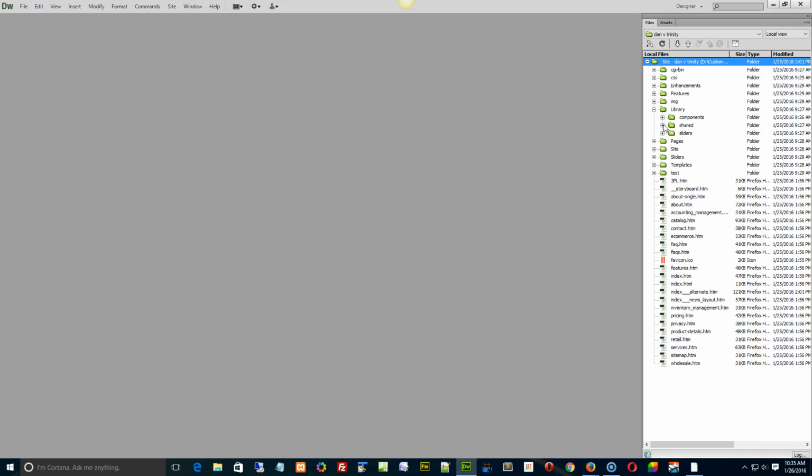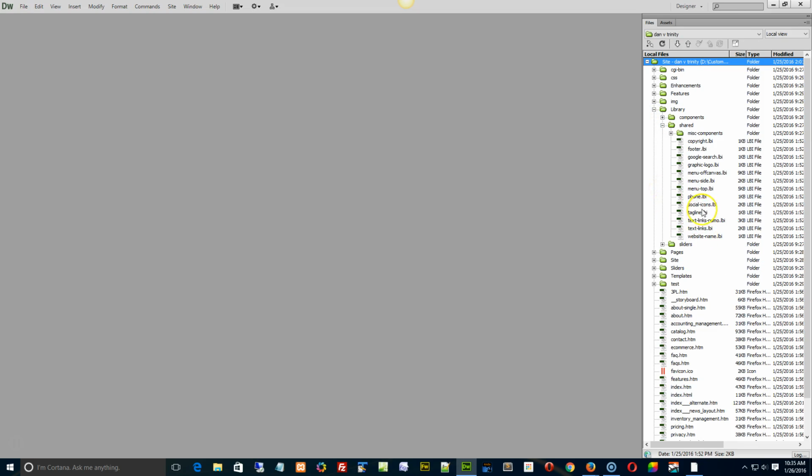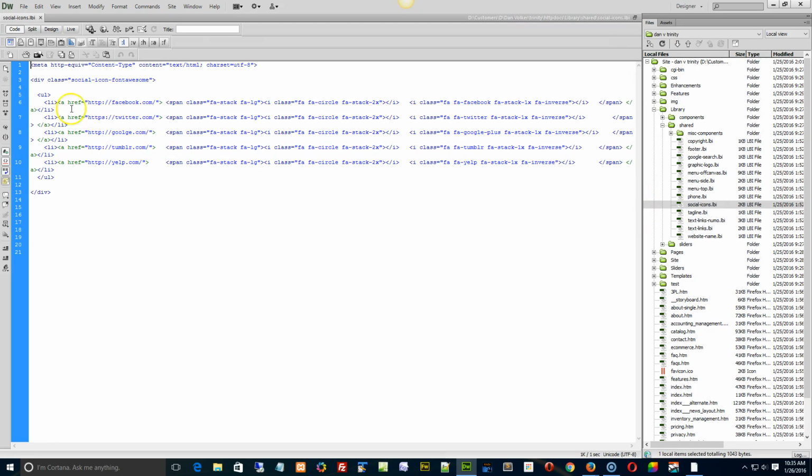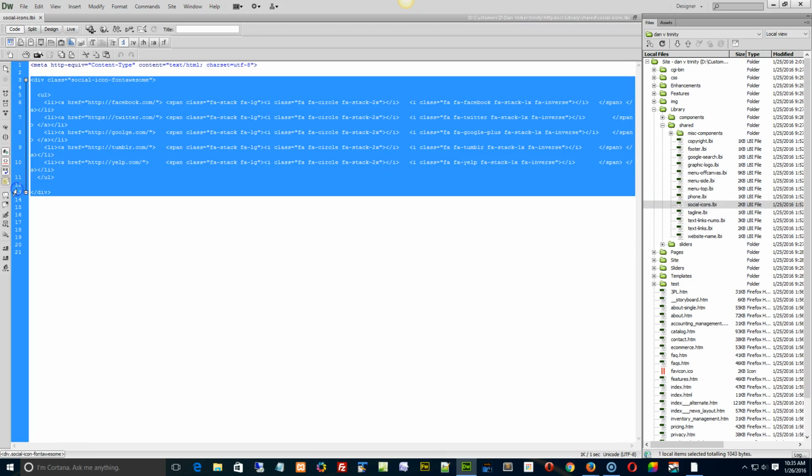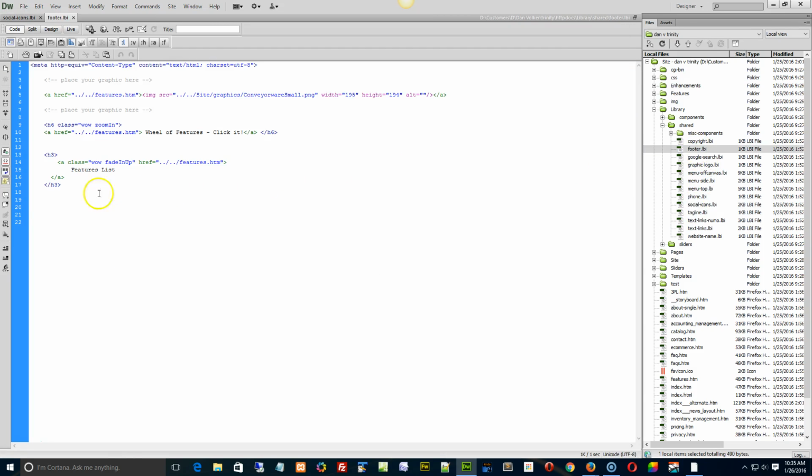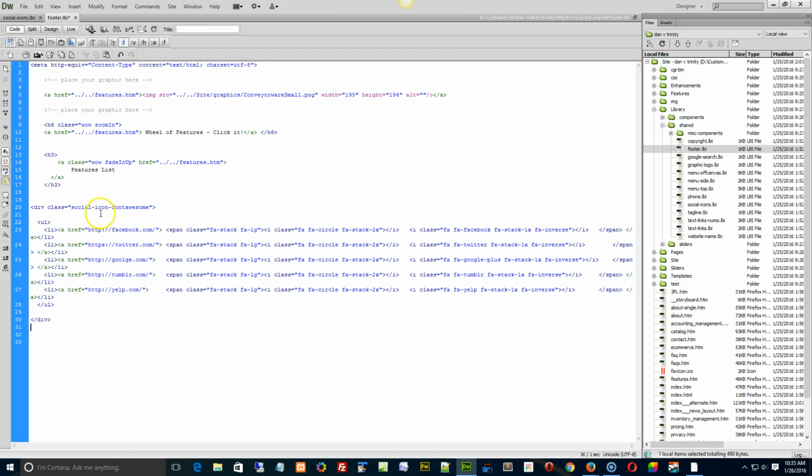Right. So you go to your library, you go to your shared and your social icons right here. Okay, grab this whole div class right here and copy it and go to your footer and paste it in after all the other bits and pieces. But what we want to do is hide this on desktop and only have it display while in mobile. So for this div class of social icons we're going to